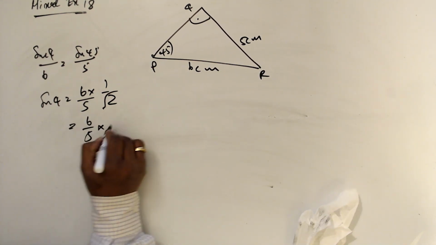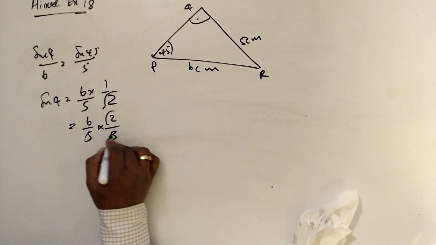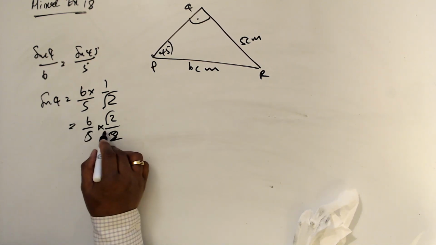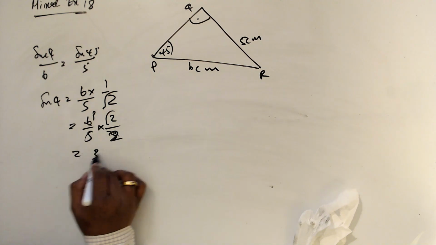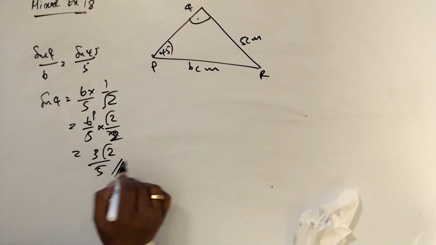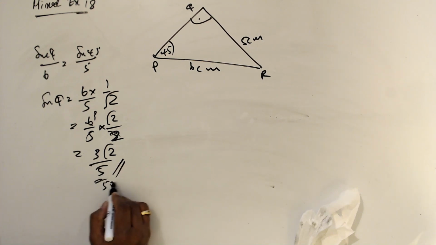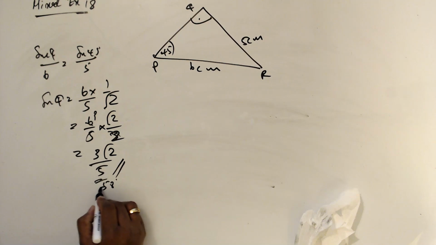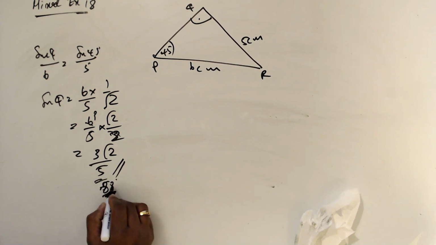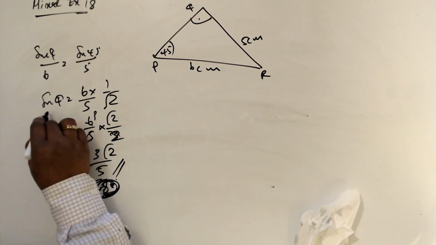Then by rationalizing, this cancels out to 3 square root 2 over 5. This value is roughly 50.8 something. It means this angle